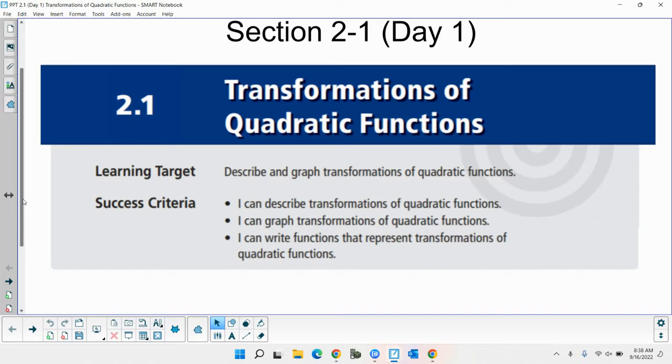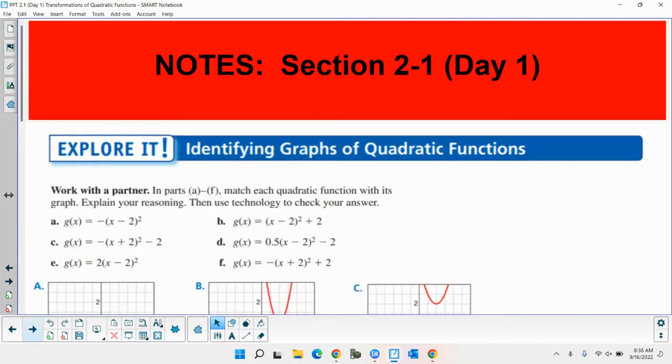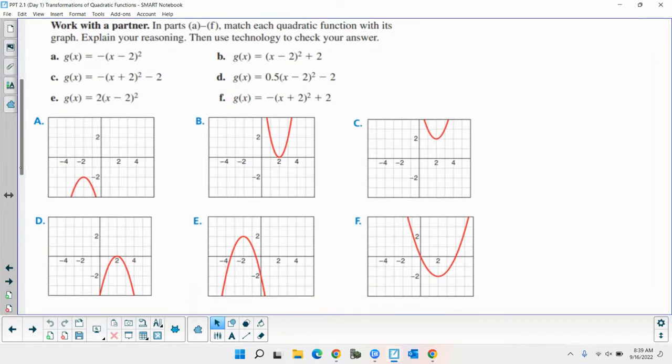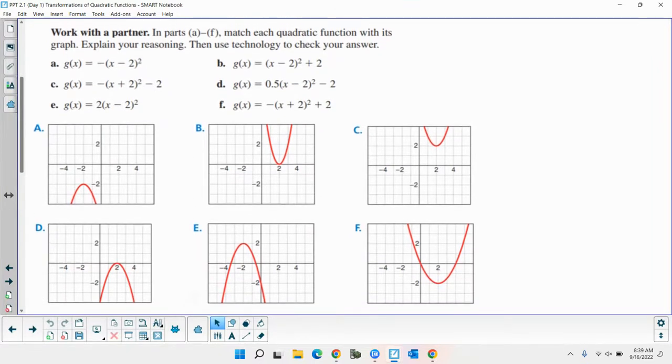There is one thing that we didn't do in the last chapter that we're going to do today, which is the horizontal compressions and stretches. Okay? So just you and your person beside you, on either side of you, discuss amongst yourselves